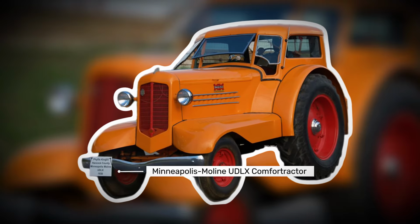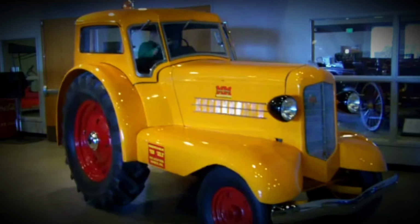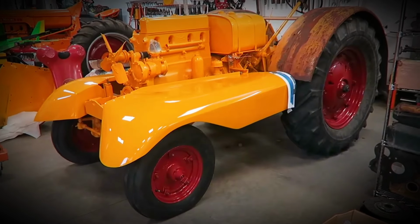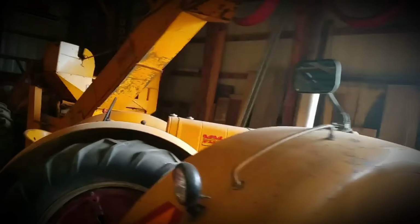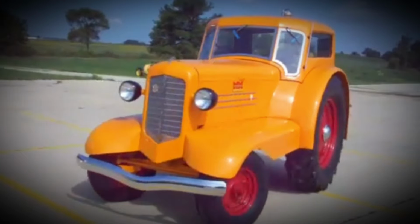Number 3. The Minneapolis Moline UDLX Comfort Tractor, introduced in 1938, was one of the most ambitious and unconventional tractors ever built, boldly blending the utility of farm machinery with the comfort and style of an automobile. At a time when tractors were typically bare-bones workhorses, the UDLX broke all conventions by featuring a fully enclosed, car-like cab complete with a heater, electric starter, windshield wipers, a speedometer, a cigar lighter, and even a radio, luxuries unheard